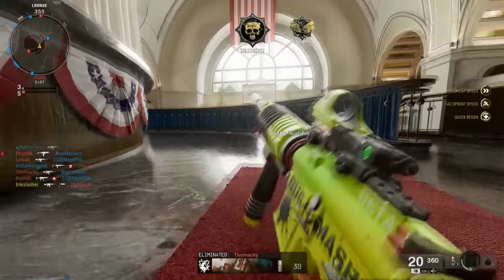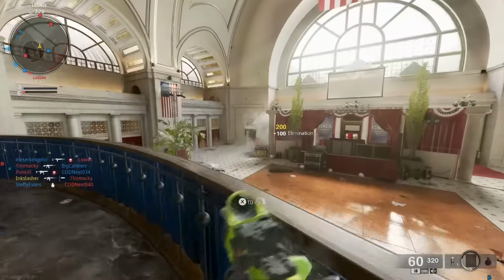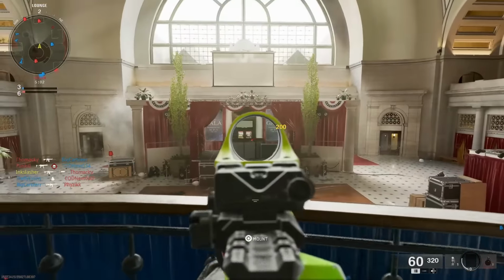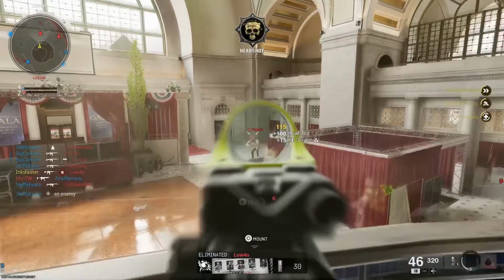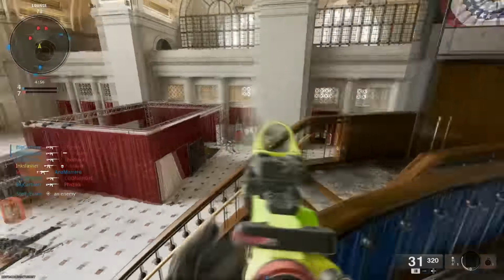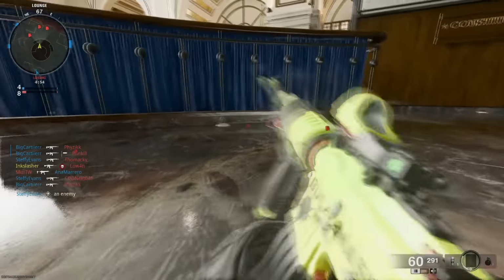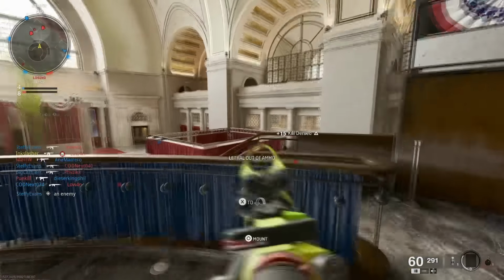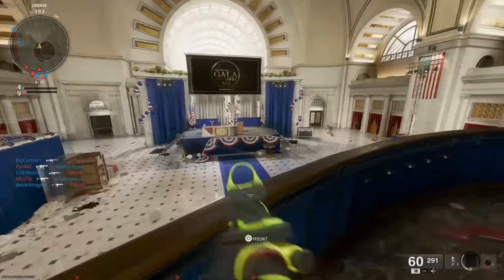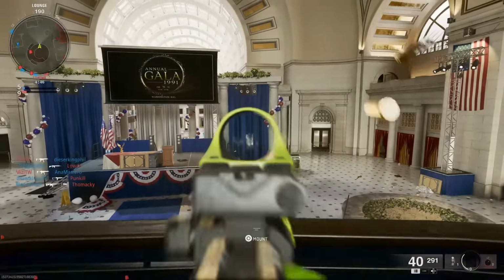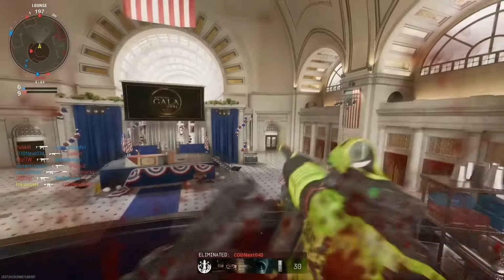Now, there is one other thing that I think a lot of people have been complaining about, and that is the speed in which you level up weapons. So as far as that goes, basically, it appears as though most weapons have between like 40 and 50 max levels, which is actually pretty high, especially given the fact that most of the attachments on weapons are just for a given weapon. Yes, the optics carry over through the various weapons in a class, but this one has been